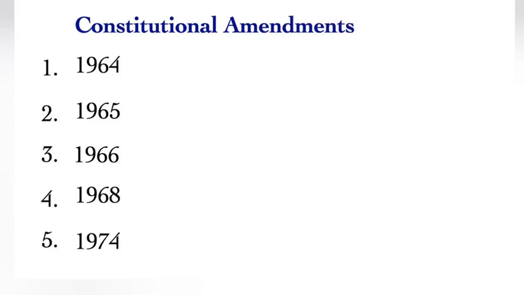Constitutional amendments in Kenya since independence. In 1964, Kenya became a republic with a unitary government headed by the executive president. And the powers of regions were abolished and the former regions became provinces headed by provincial commissioners. In 1965, a two-thirds majority of the House was required to approve any proposed constitutional amendments for adoption.